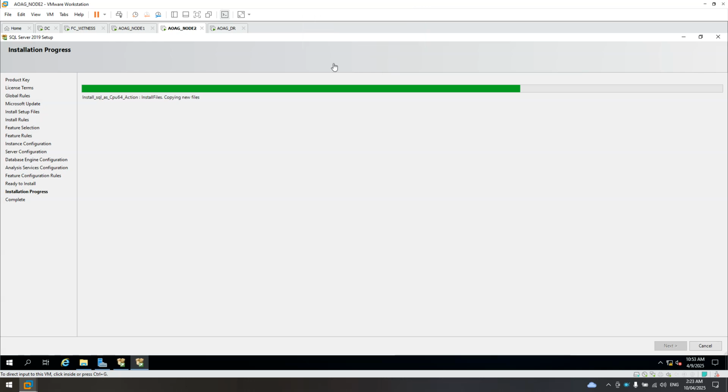Okay, node 2 still installing. DR still installing.